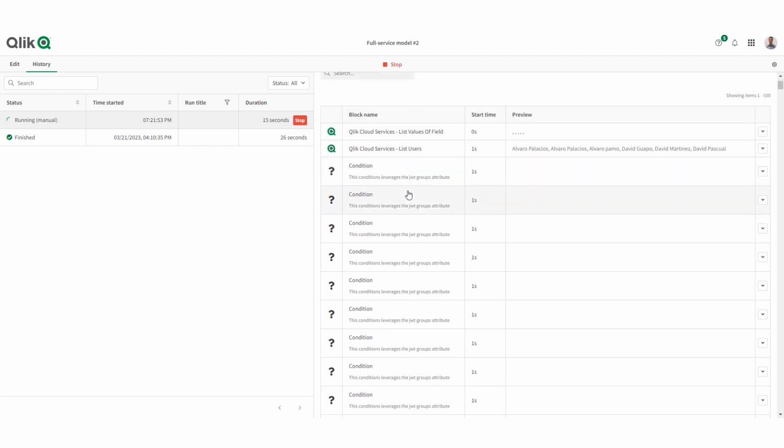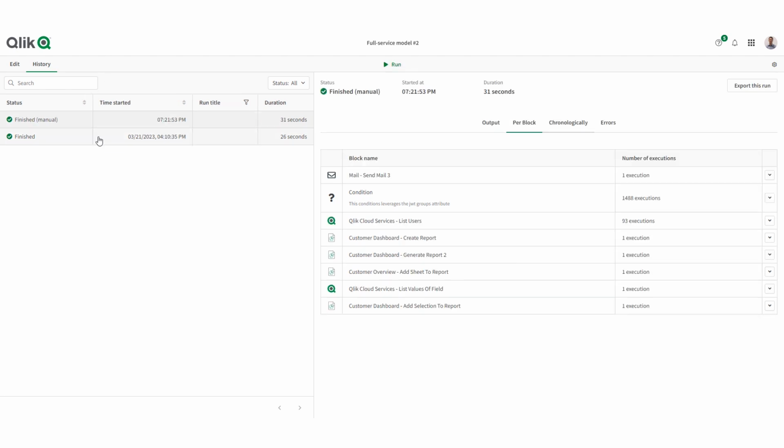You can see here all the different conditions being evaluated for every value we have in the customer field in the app. It's gonna take a while until it gets through it. Okay, now that it's done,